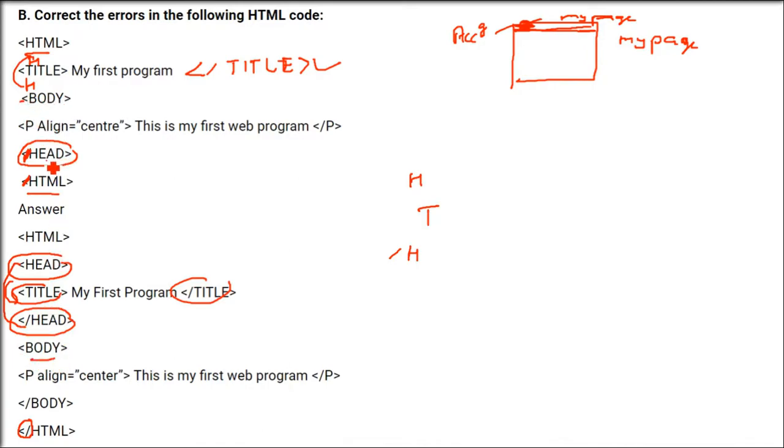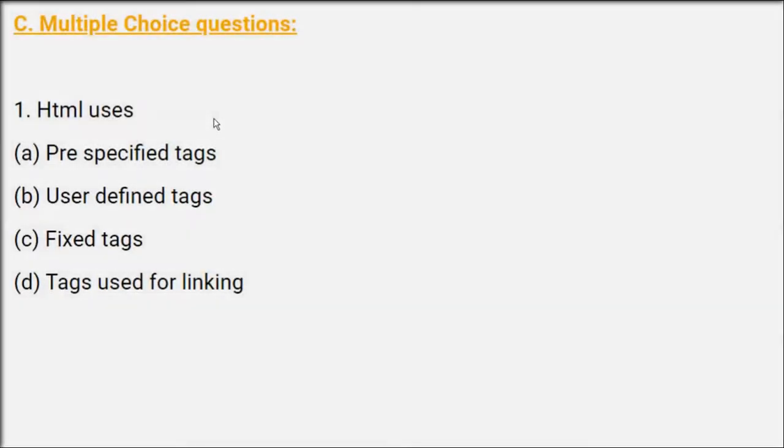So body you start, and this head, as I earlier said, the head has nothing to do here. Head will be ended prior to body, and then inside this body you can write everything like paragraph, etc. The other things also you can write. So this is paragraph, and the paragraph line has no problem. This is perfect. There is no problem at all. This is center, you can write as I suggested earlier, left, right. And since there is no case sensitivity, that can also be in capitals.